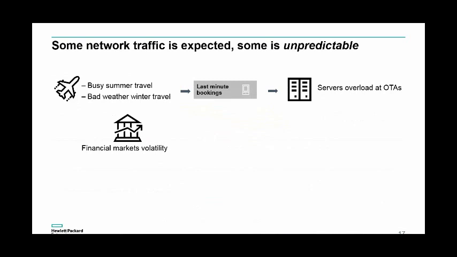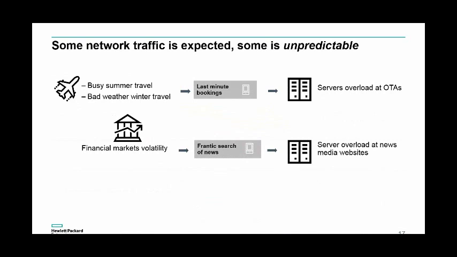If there is something that is causing ups and downs in stocks, like I believe it was last summer, it was a network router that failed, which caused a frantic search of news. So people started with their phone to connect to the Wall Street Journal, to try to get news on why and what has happened on the financial market, and the Wall Street Journal couldn't handle it, and it crashed